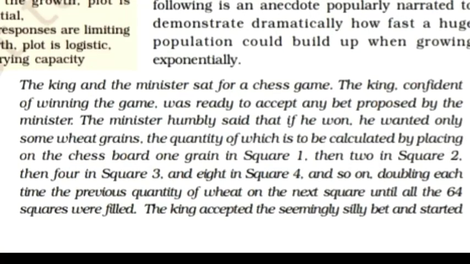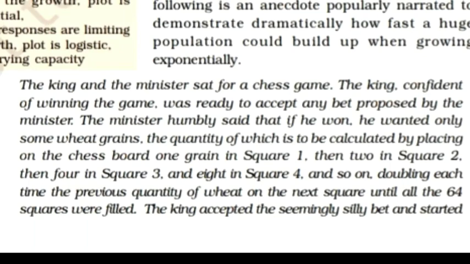The king and the minister sat for a chess game. The king, confident of winning the game, was ready to accept any bet proposed by the minister. The minister humbly said that if he won, he wanted only some wheat grain, the quantity of which is to be calculated by placing on the chessboard 1 grain in square 1, then 2 in square 2, then 4 in square 3, and 8 in square 4,